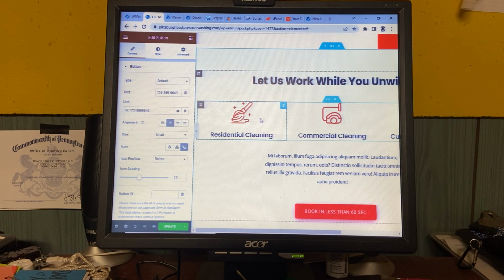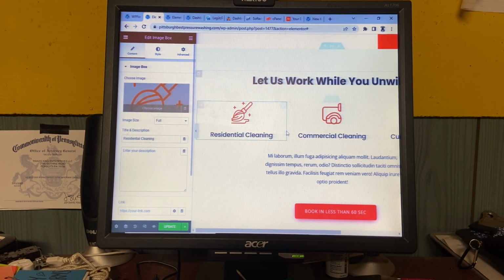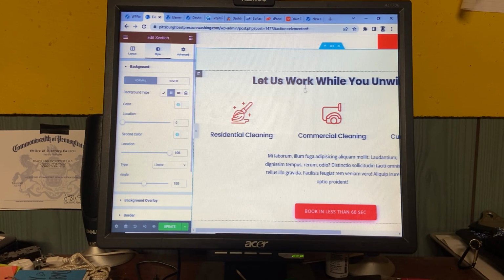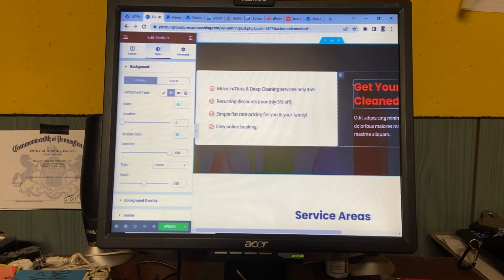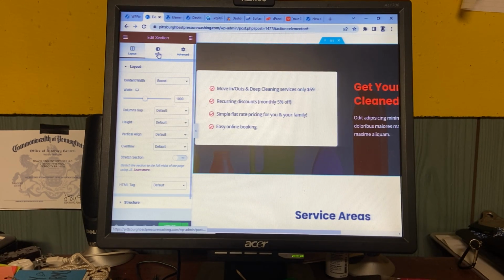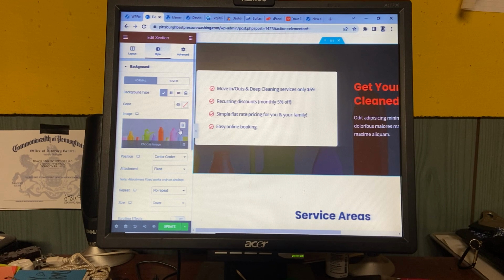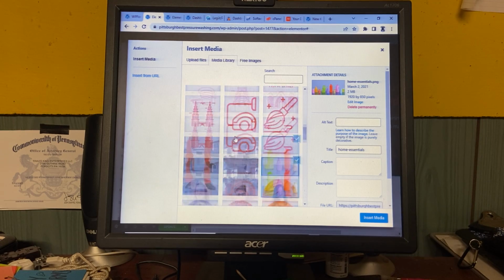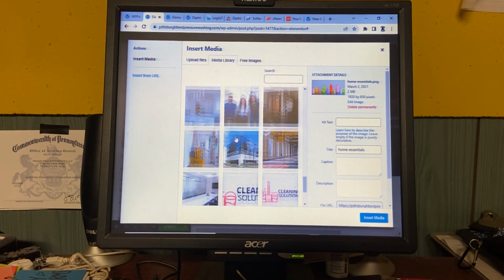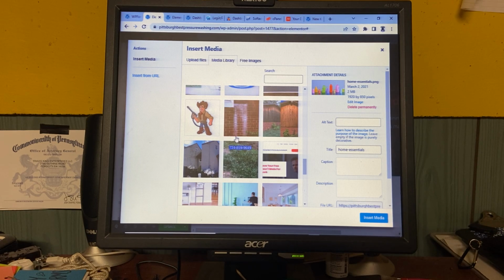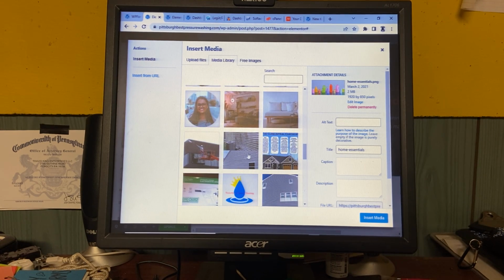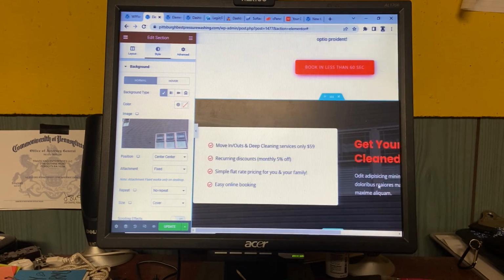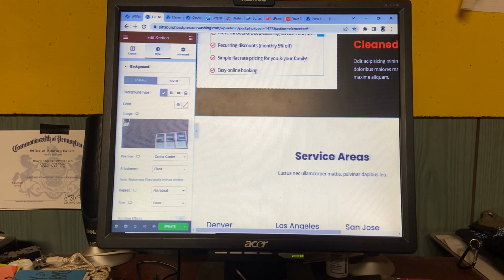Now, everything is clickable, right? Like you click on this, you can switch out the picture. If you click up here, you can switch out the background, make the background a picture, or change the color of the background so stuff pops more. This picture here, let's say we want to make it more pressure washing related. Yeah, we can make it like, say, this house here. Just switch it and switch all this stuff out.